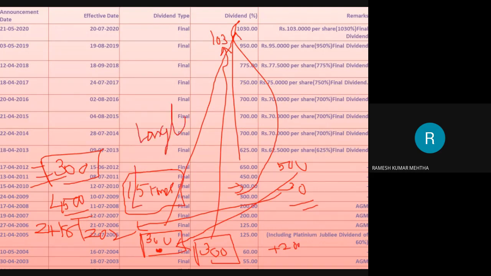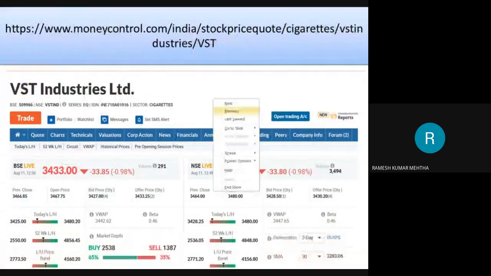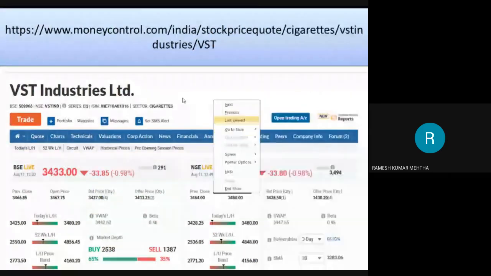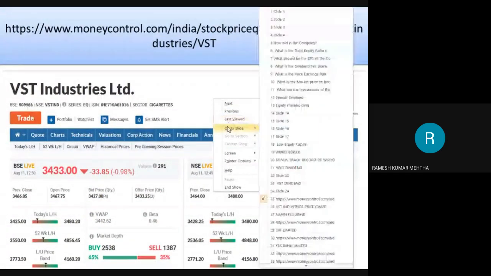If you sit on the company share for a long period of time, eventually your dividend will be equivalent to the market price at which you have procured some 20 to 30 years back. This has happened with so many companies like Bajaj Auto, Hero Honda, Reliance Industries, Infosys, Satyam, Wipro, to name a few. Now look at this. The company's share value is around 3,500, and the highest was 4,500 before the pandemic corona outbreak.